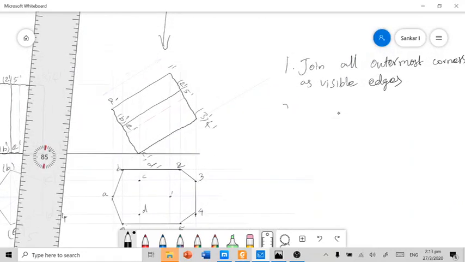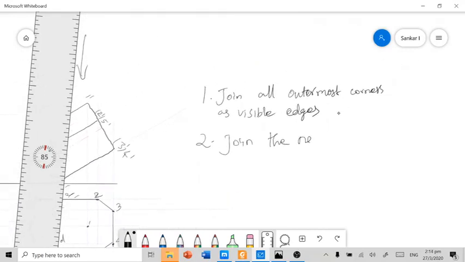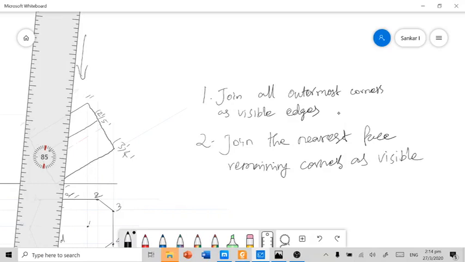And the second condition is to join the nearest face remaining corners as visible edges.